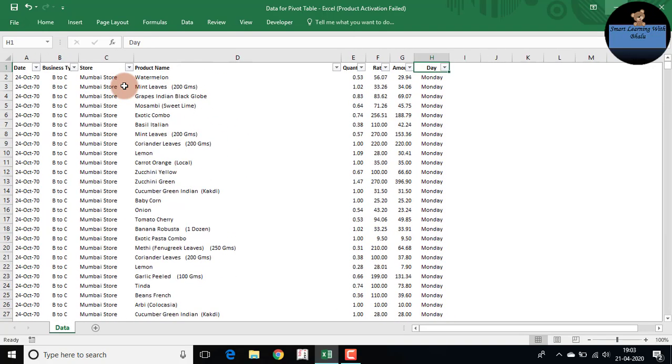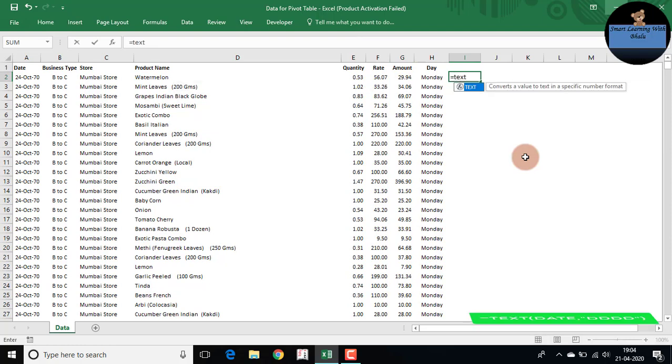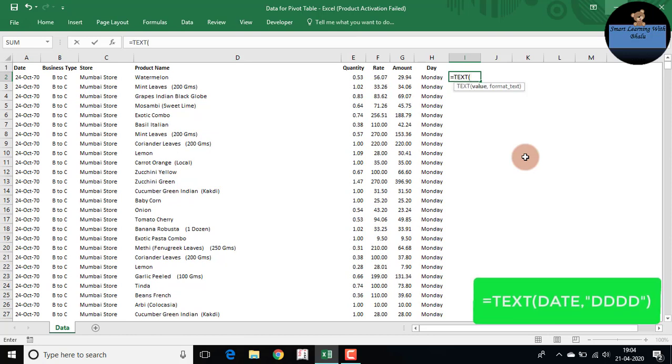The day hasn't been given to us, but there's a function that allows you to find the day from its date, and you don't have to use a calendar. The formula is equal to TEXT, use the tab key, and bring the cursor to the date, 24th October.